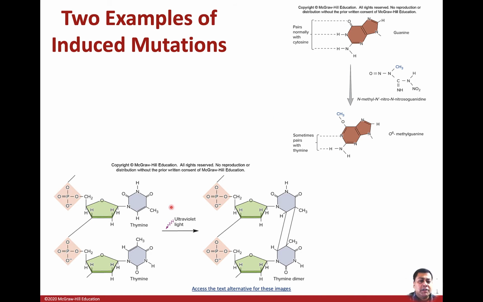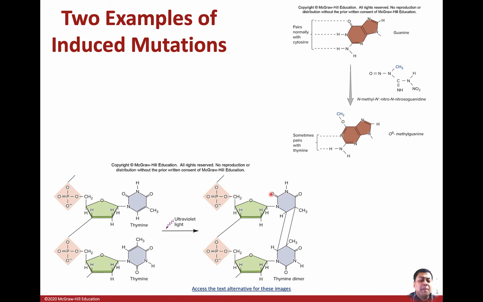lead to mutations. Here we are looking at two thymines which can be in nucleotides right next to each other. Here you have the sugar and phosphate backbone, with two thymines attached to the first carbon, two normal thymines. Now, in the presence of ultraviolet light, sometimes these two thymines next to each other, and only if they are next to each other in the DNA sequence, will form a thymine dimer. So there is a bond formation between these two, and this is what we call a thymine dimer,